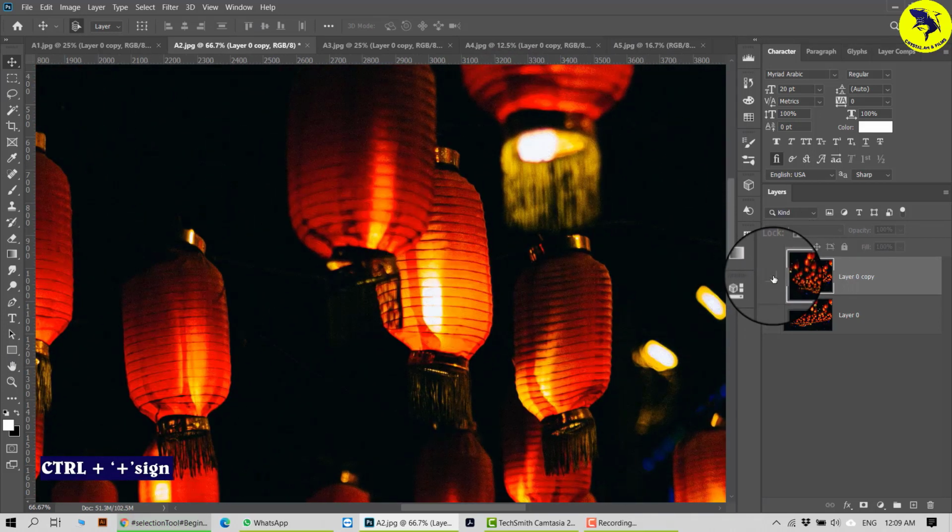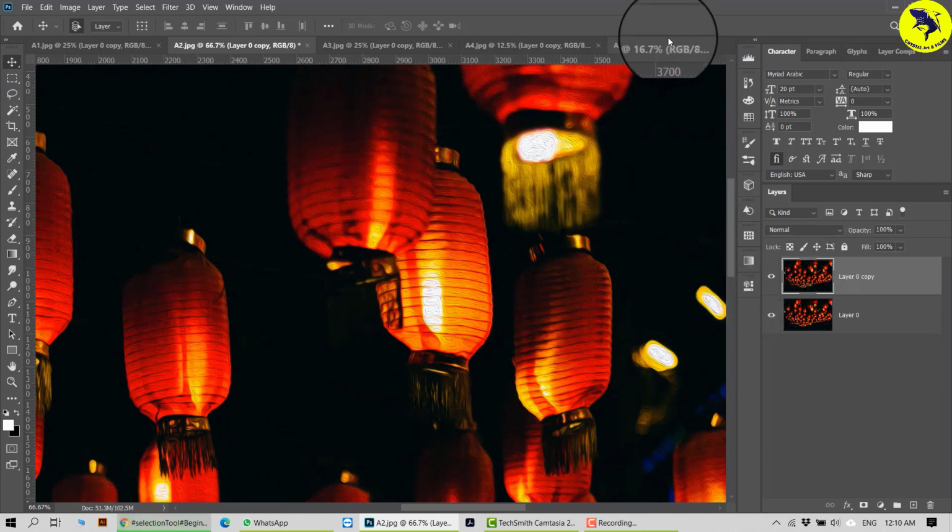Okay, it's a very nice, very beautiful effect, especially when you apply it to somebody's picture or somebody's face. It will look very nice. It's going to look like a totally different effect on your picture. So that is oil painting.